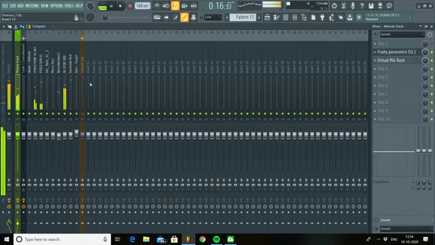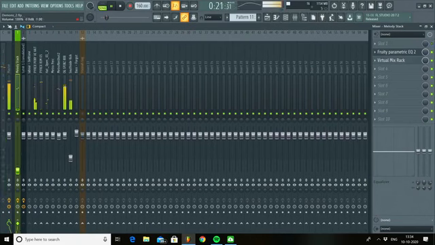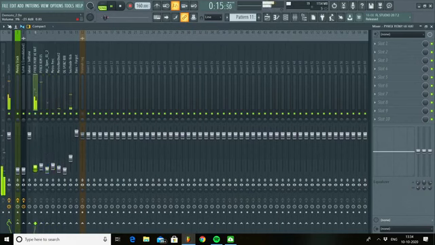What I mean by gain staging right now is, for me, this track needs the 808 and the kicks to be the loudest. So I'm going to keep them around 0 dB. And so what I'll do is I'll just pull them down a bit and see. I'm going to slowly work with